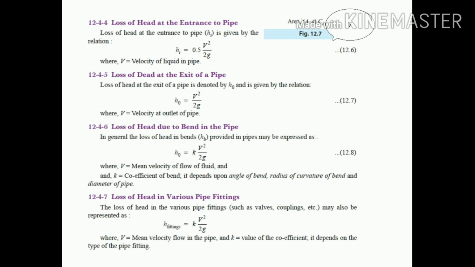Then loss of head due to bend, the formula is, just make a correction here, it is hb, k into v square upon 2g. Now what is k? It's the coefficient of bend and its value is given in the numerical, so you don't have to worry. And remember, if the value of k is not given in the numerical, you have to assume the value